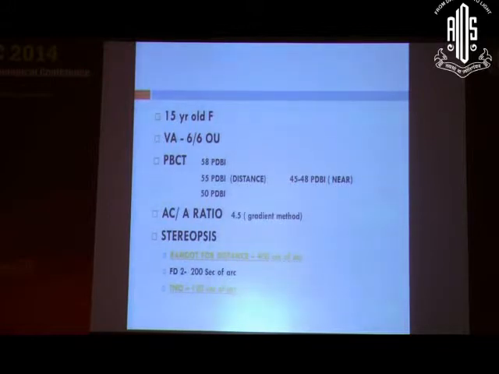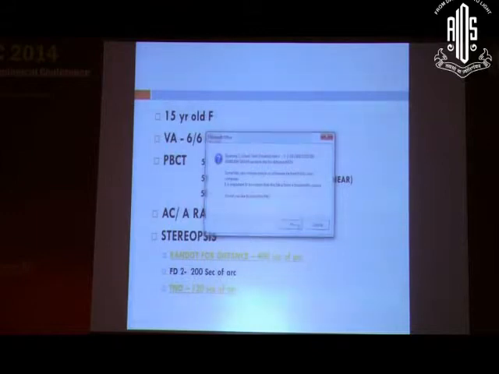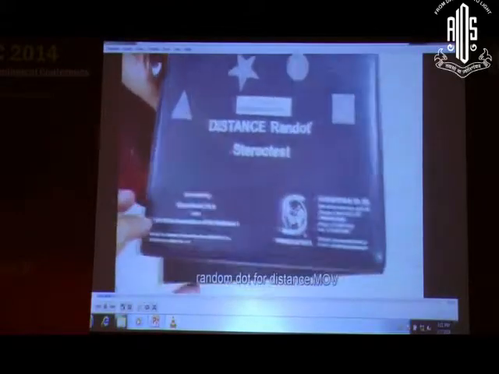And stereopsis, I would like to highlight the stereopsis part, and I would like to show a video in this particular case. So here he is basically focusing on one aspect, that the near and distance difference you always have to see. And is it significant? If it is within 10 prisms, then we will still consider that the near distance disparity is not significant. Stereopsis is another thing, especially in exotropes, it will help us in finding out when to operate.